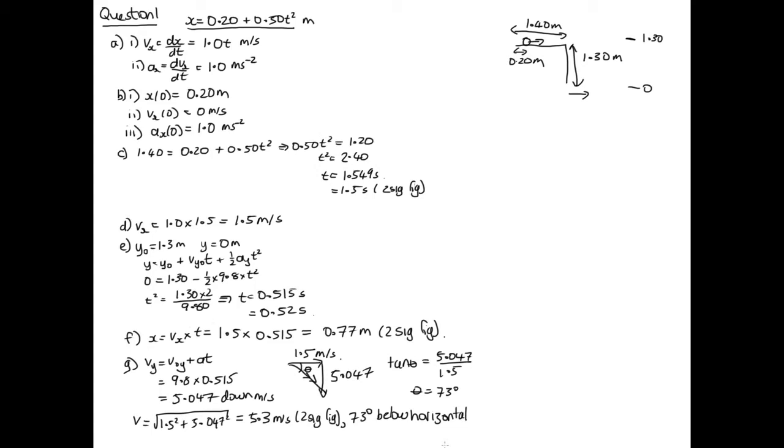Okay, and then part H says calculate the change in total energy of the car from when it leaves the bench to just before it hits the ground. Okay, and we're meant to neglect air resistance and explain your answer in one clear sentence. Well, it's going to be 0. And the reason is initially it's going to have kinetic energy from the horizontal velocity and also potential energy from being above the ground. And then when it hits the ground, well, just before it hits the ground, all of that potential energy has been